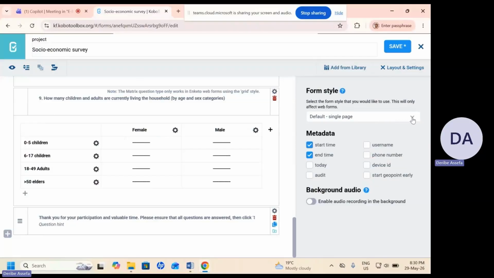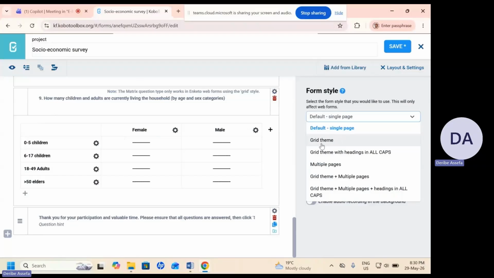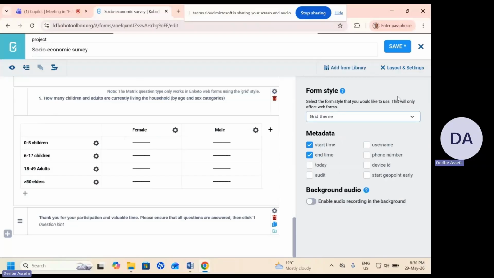So let us change to grid theme, and then don't forget to save it. This really improves the visual organization of our question by organizing related tabular or grid format. Therefore, it improves readability. We can check it by